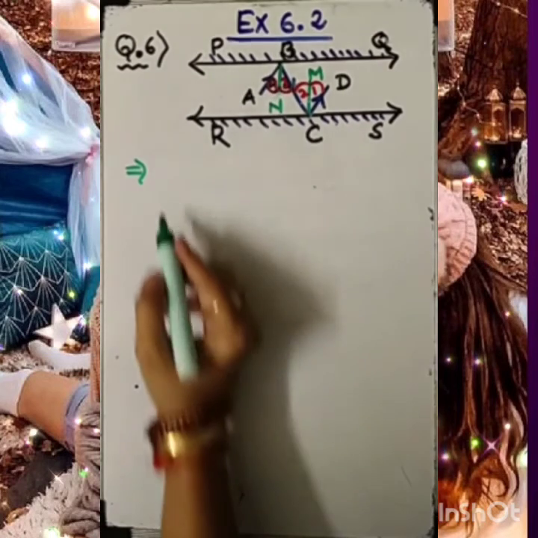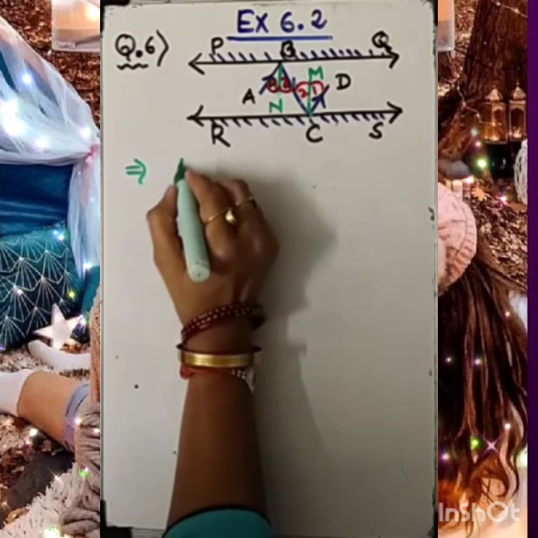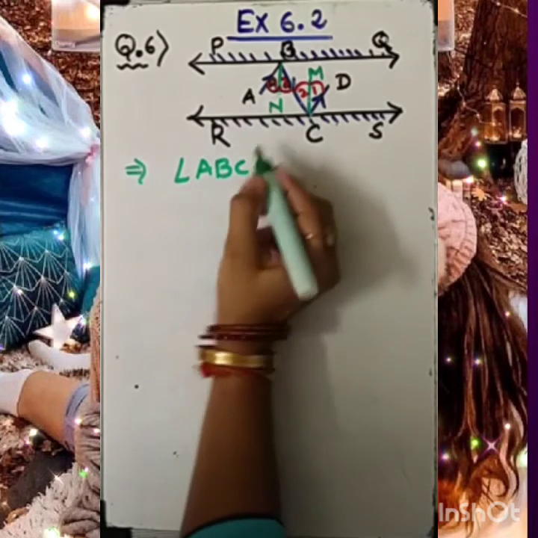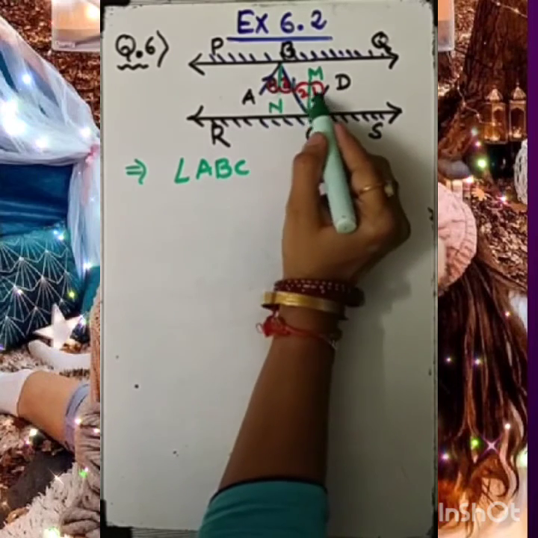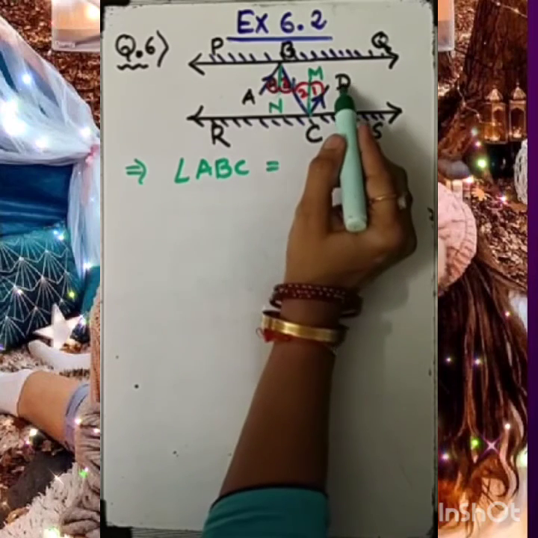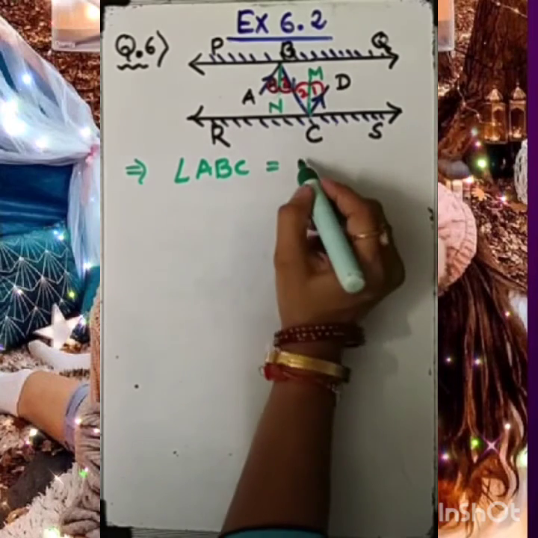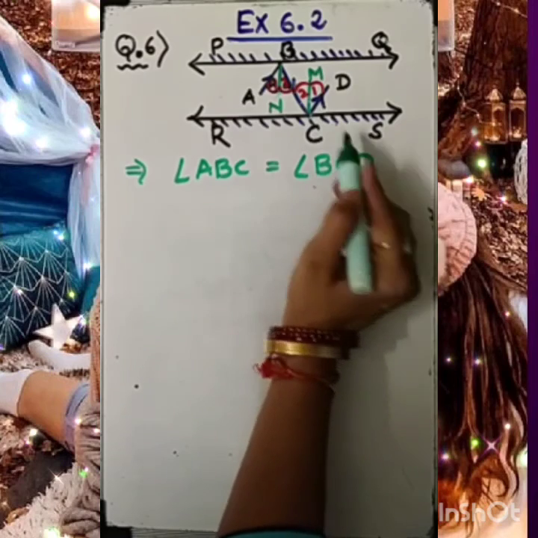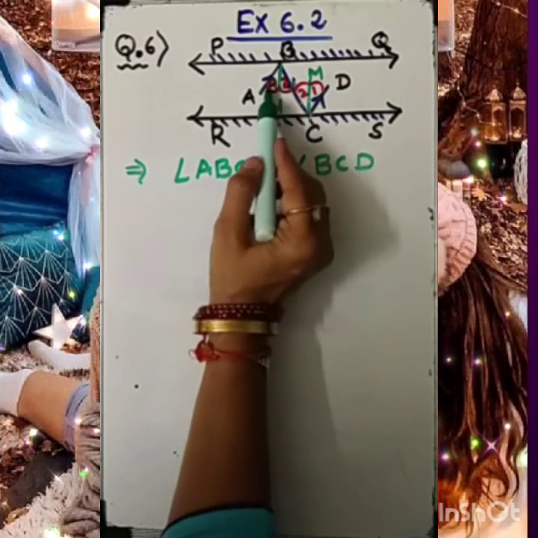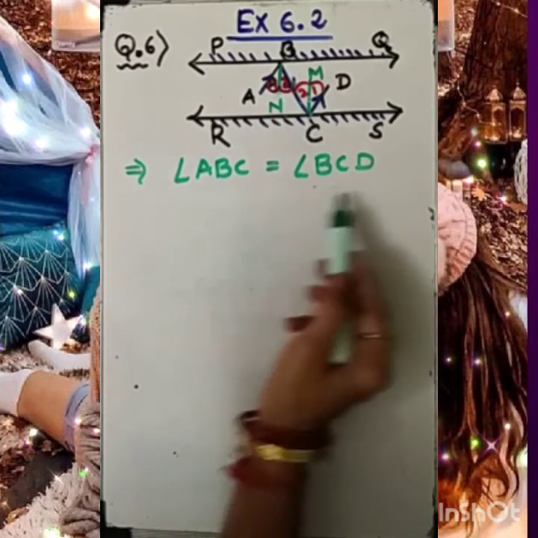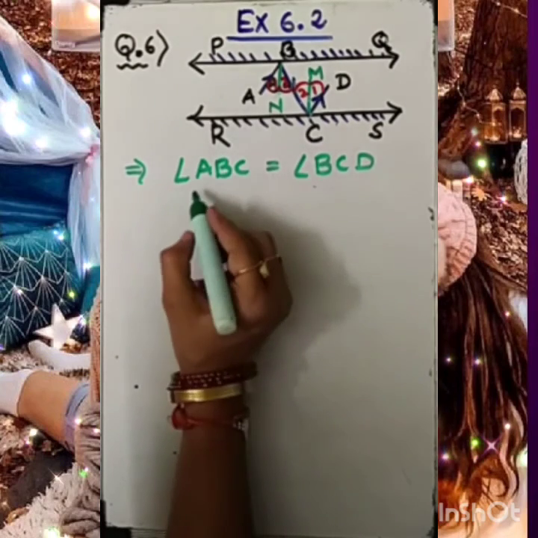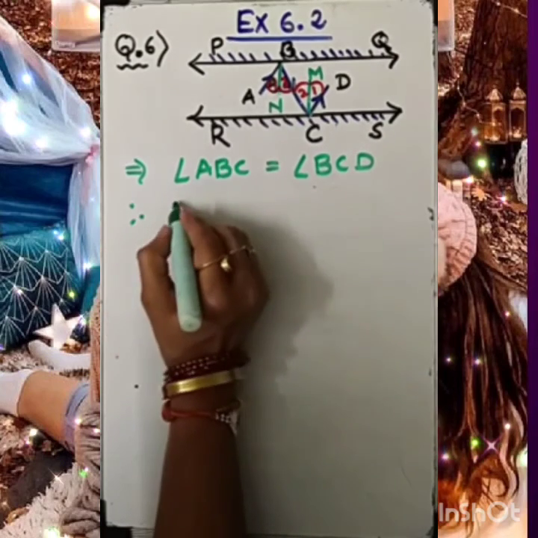My dear student, here angle ABC includes 1 and 2, and BCD includes 3 and 4. Both are similar. Therefore, lines AB and CD